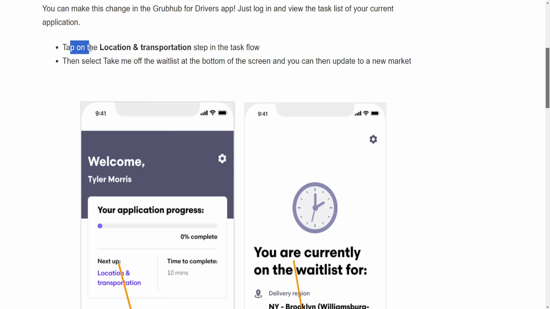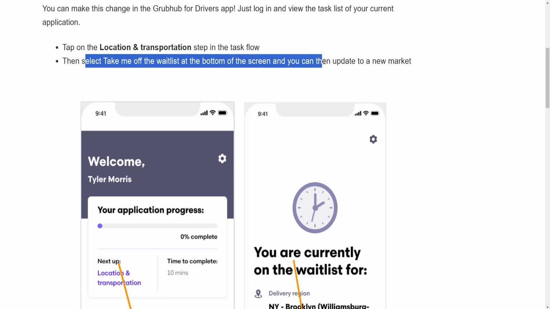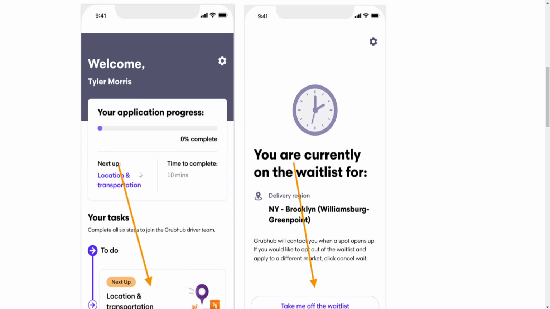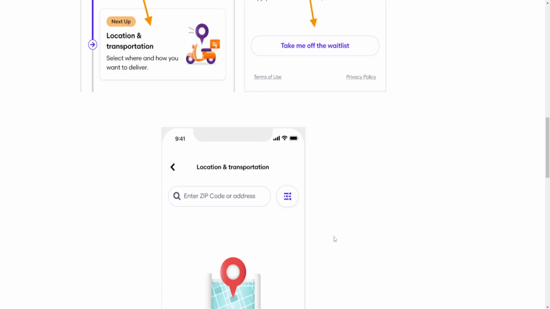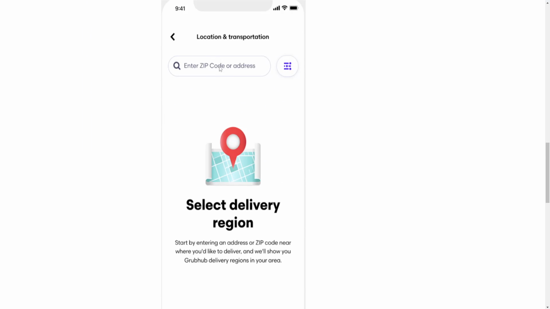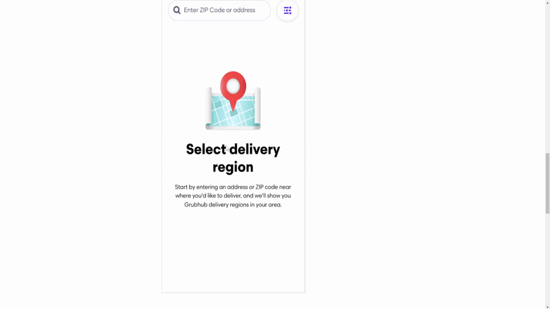So in this case, if it hasn't been approved yet, we will need to tap on Location and Transportation step in the task workflow and then select Take Me Off the Wait List at the bottom of the screen, and then we can update to a new market. So it's going to look like this. Next up, Location and Transportation, and we can select Take Me Off the Wait List. After that, we can simply input the new zip code or address, and we can change our delivery region that